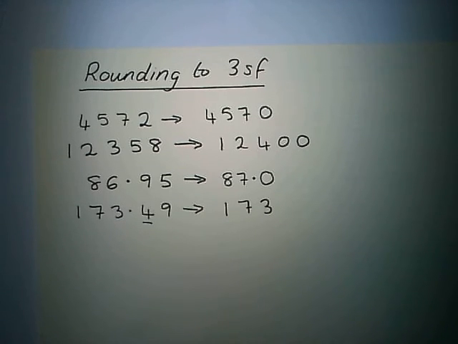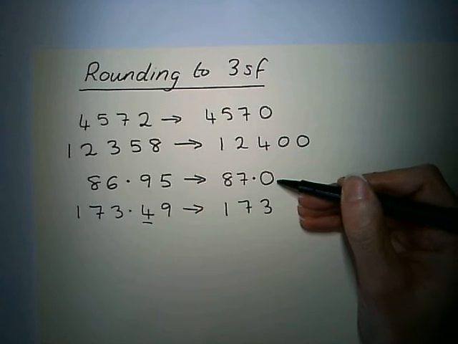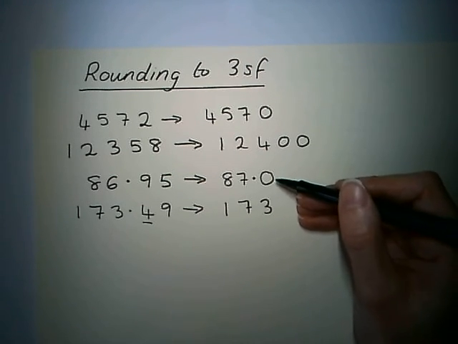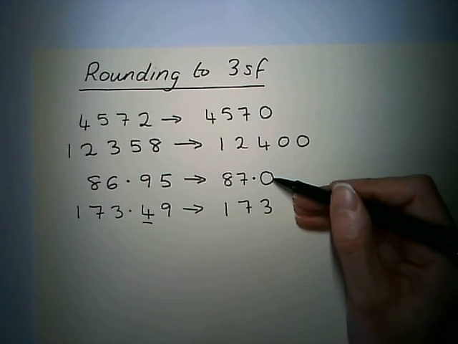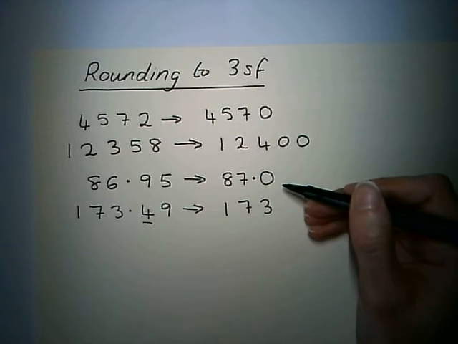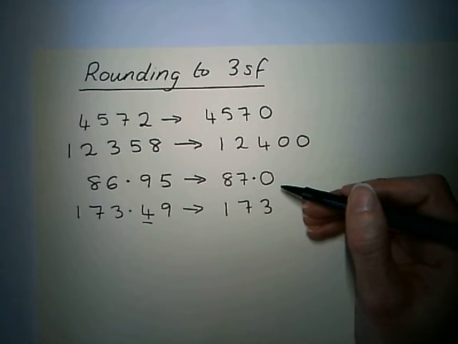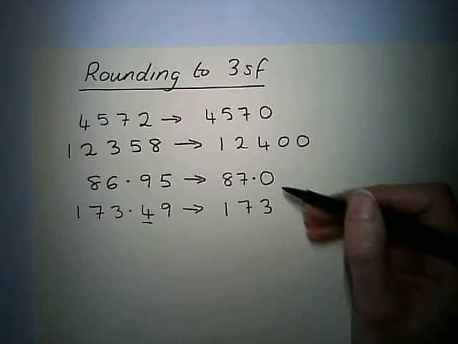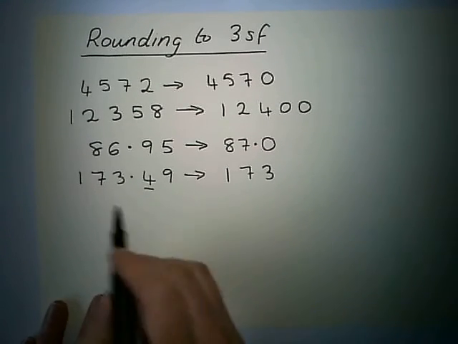So we're all good. So only add in the extra zeros if they're necessary. They were necessary in this one because we needed to give 3 significant figures. And the third one happened to be a 0, even though it was after the decimal point, so it's really important that you show it. The other thing you can be asked for is you could be shown a number and asked how many significant figures did you round that to. So if you're ever asked that,